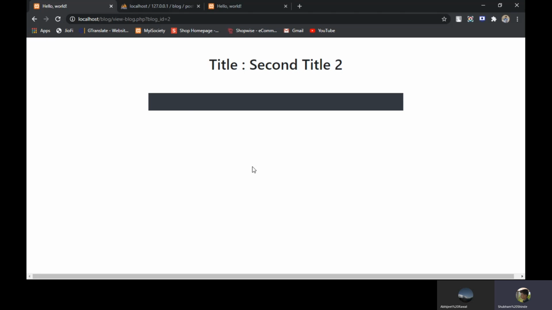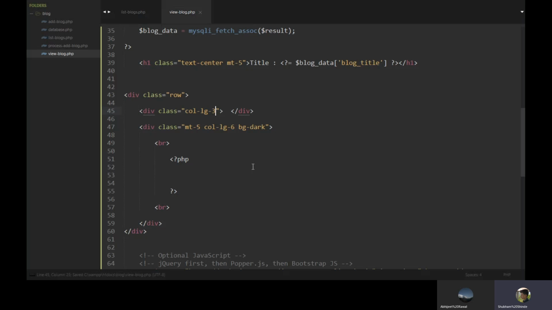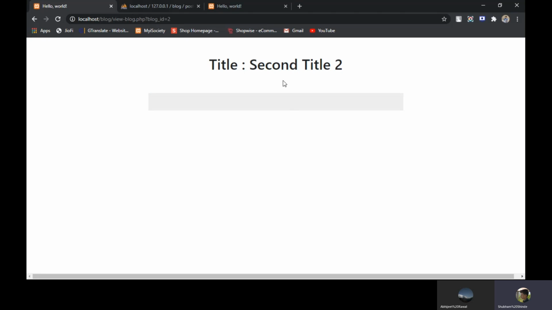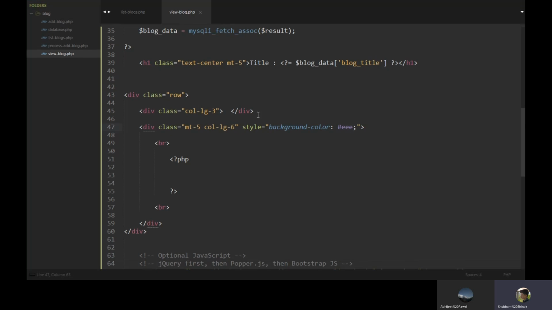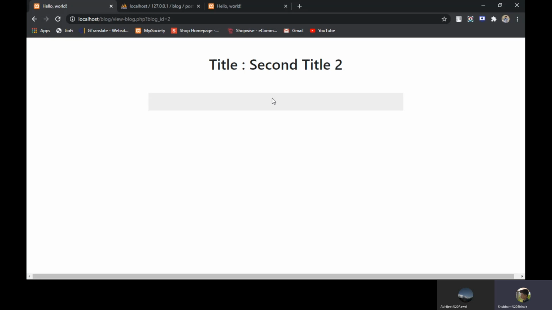Again back to, or we will put some custom color. Style is equal to background color, which is #EEE, light gray. Yes, so we have a mixed space for displaying our body.